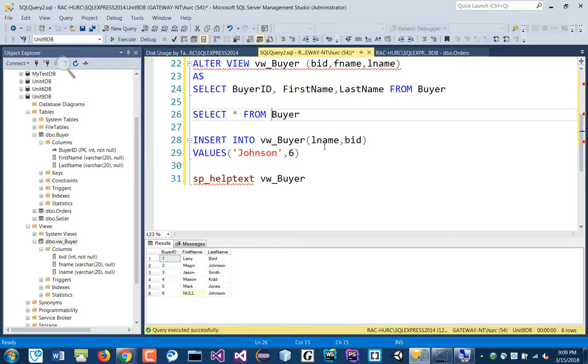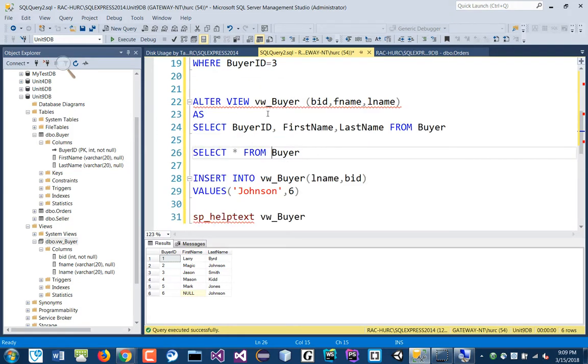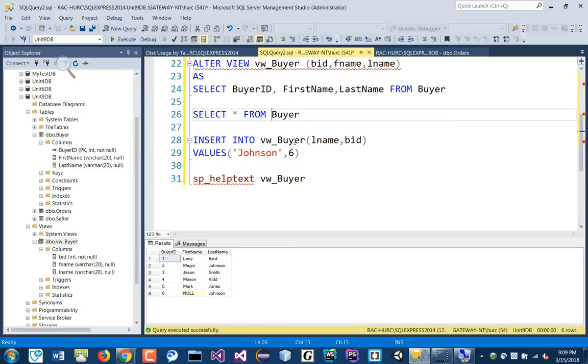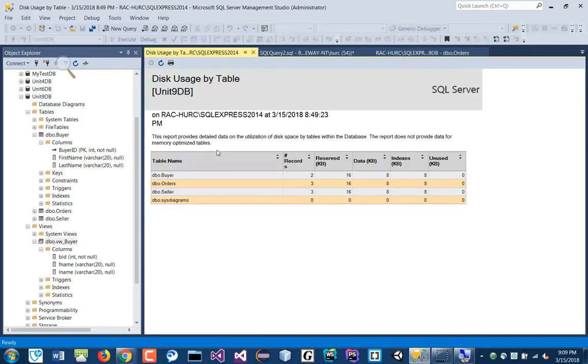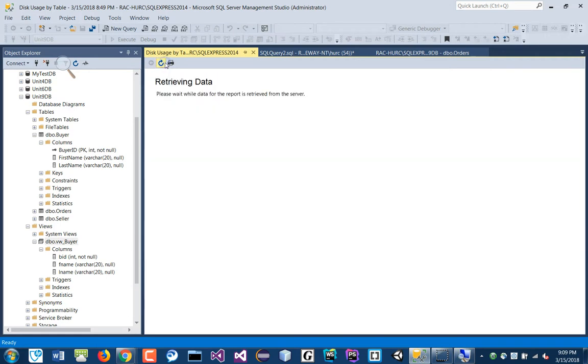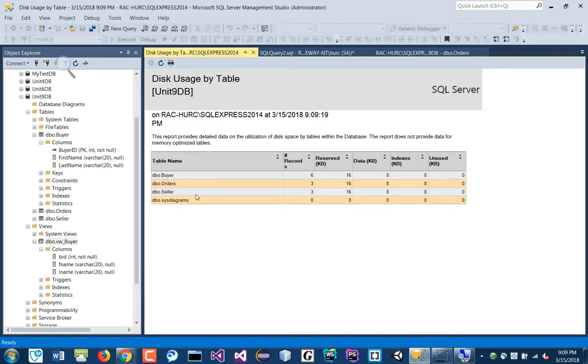Okay, so now let's alter this table here. Oh, not alter, but we'll leave it as is. And let's go back to the other page, the data usage right here. Okay, if you refresh this data usage, you'll see that the view is not listed here because it doesn't contain